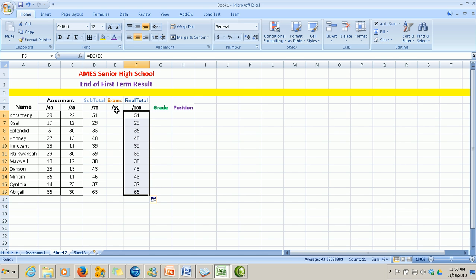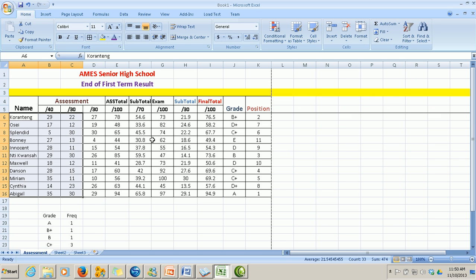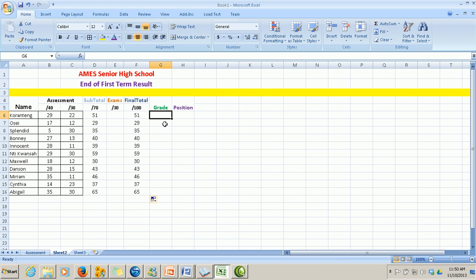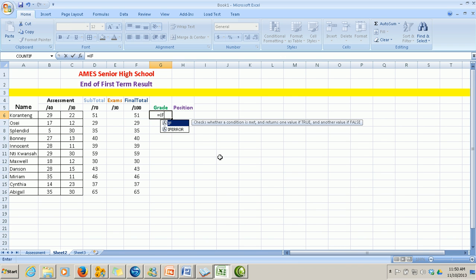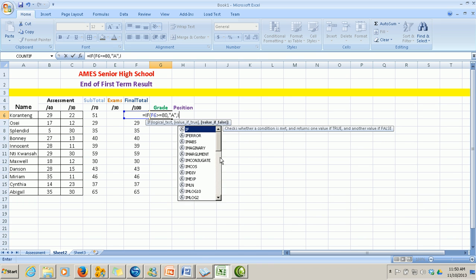So let me write the formulas before I input the 30 marks. I'll just go here and approximate the 30 marks here too, so that we'll have a fair idea about what we'll be doing. Now the grade, you know it already, so equals to, if now our final grade column is F, so be very careful. So if open F6 greater or equal to 80, comma, double quote A, double quote N,